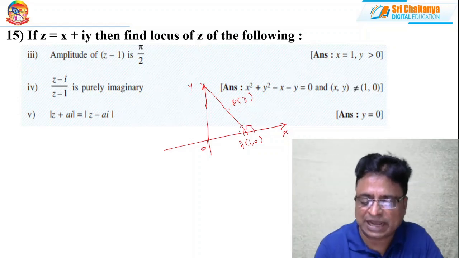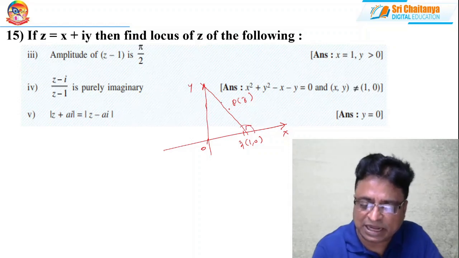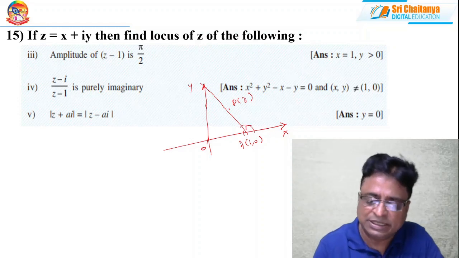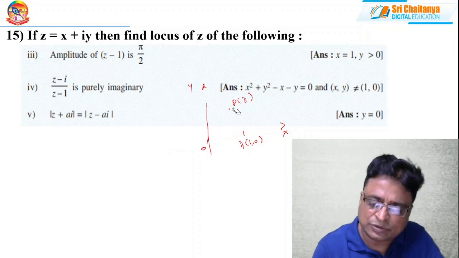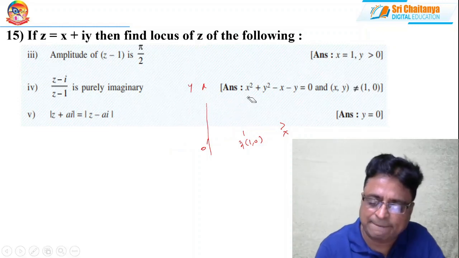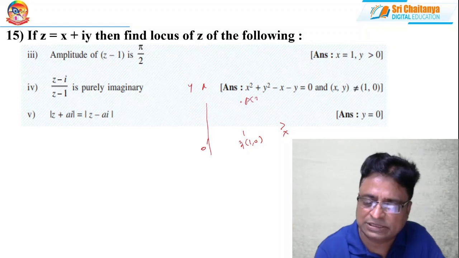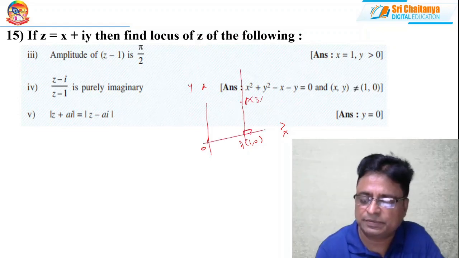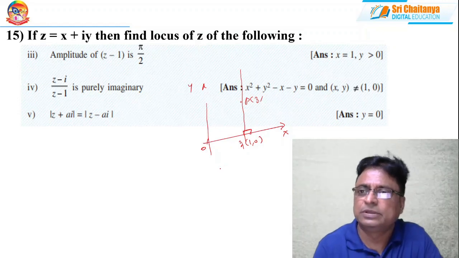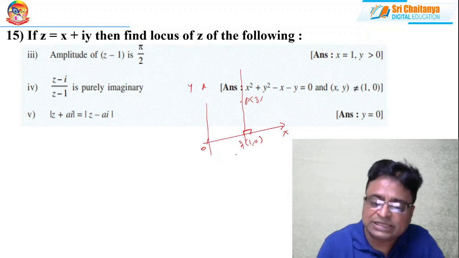So this is the angle made by the line, pi by 2. That means the angle made by the line is pi by 2, so it is like this. If I have drawn the figure like this, then only it is true. So it is the situation. So what does it indicate?